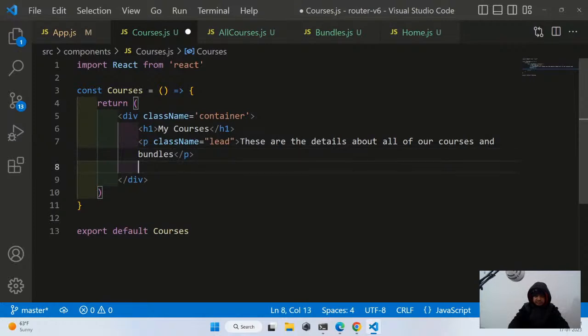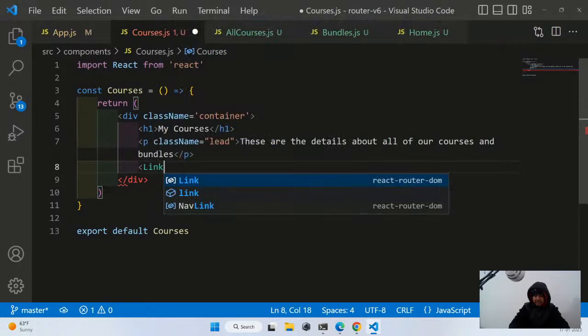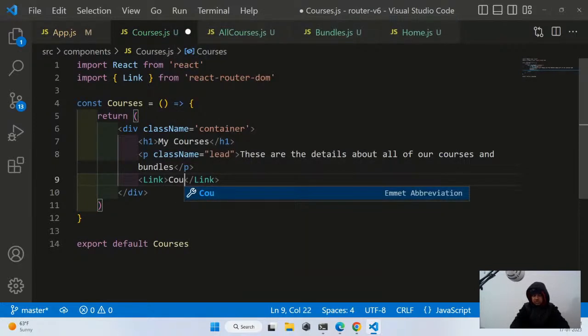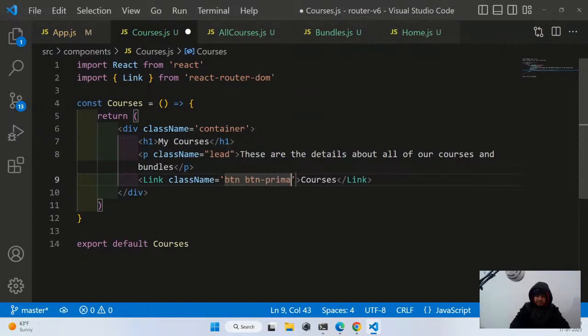Okay, then I'll have a Link tag again from react-router-dom, and yeah, it will be courses, and then the other thing which I'll have is a className equal to btn btn-primary and